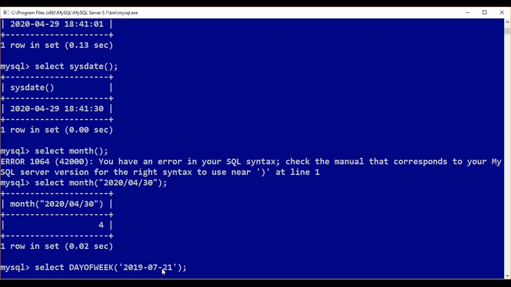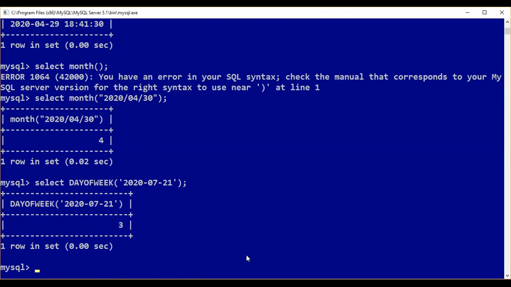Day of week. This is an old date given and I am changing it. So it might show an error because a single quote is given here. Only some systems apply double quotation and single quotation, and it is applying here.